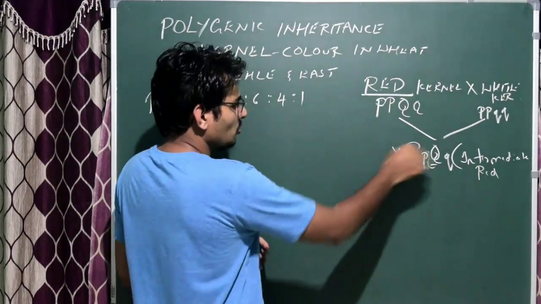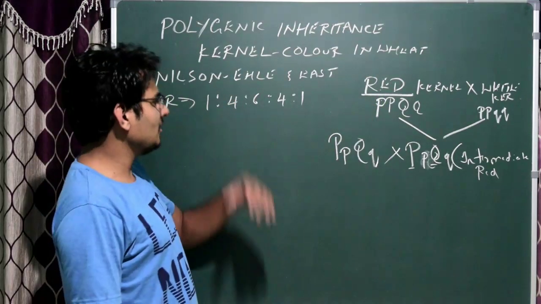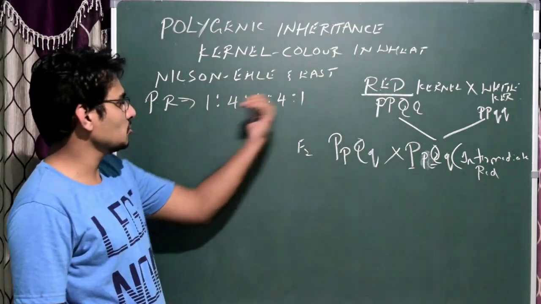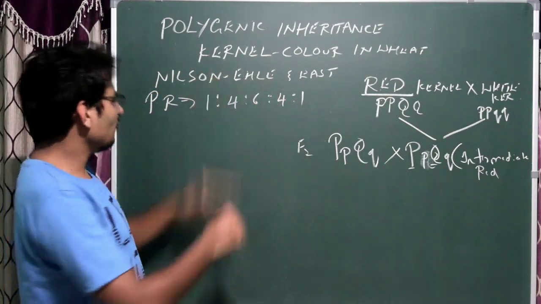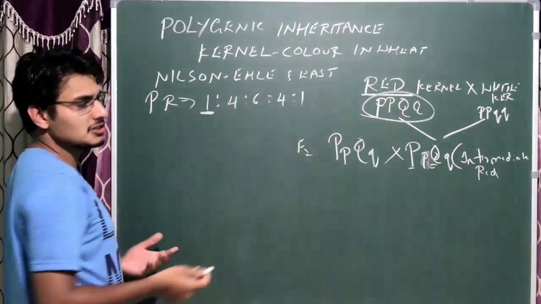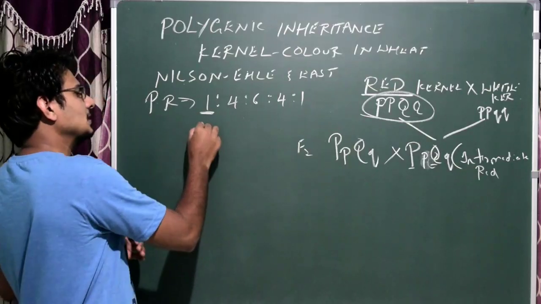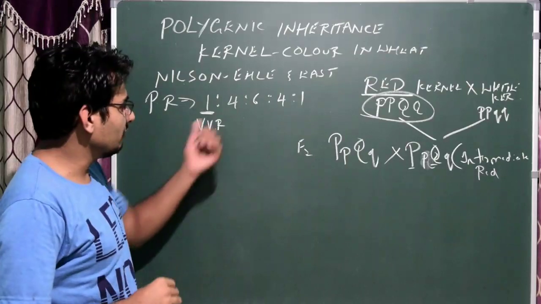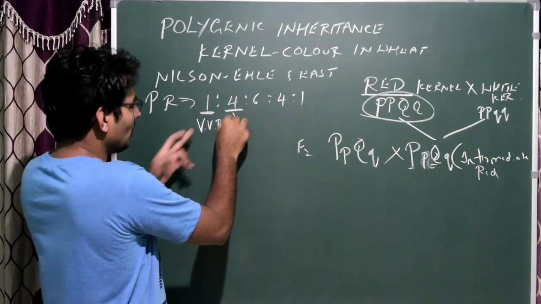And due to the cross, obviously, same Pp, Qq. Okay, selfing, and finally we get in the F2 generation, obviously, around 16 offsprings. Okay, so in the phenotypic ratio 1:4:6:4:1. Here the 1 is actually exactly like this parent, that is homozygous, P, P, Q, Q, all in dominant condition. Obviously it will be very red. Okay, very red. In this case, the 4 are a bit less red compared to this.